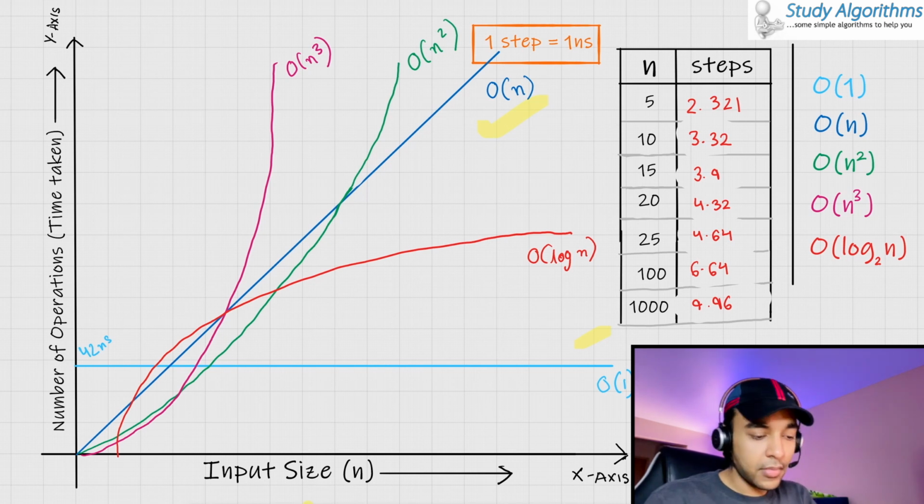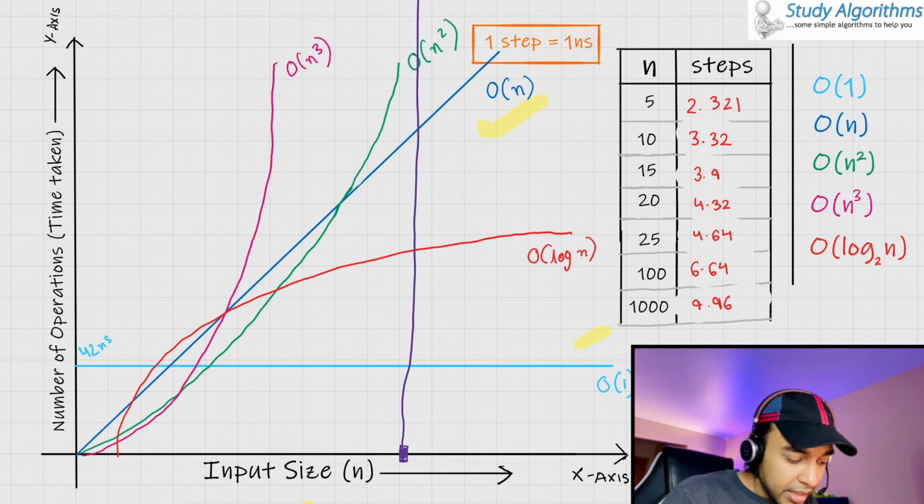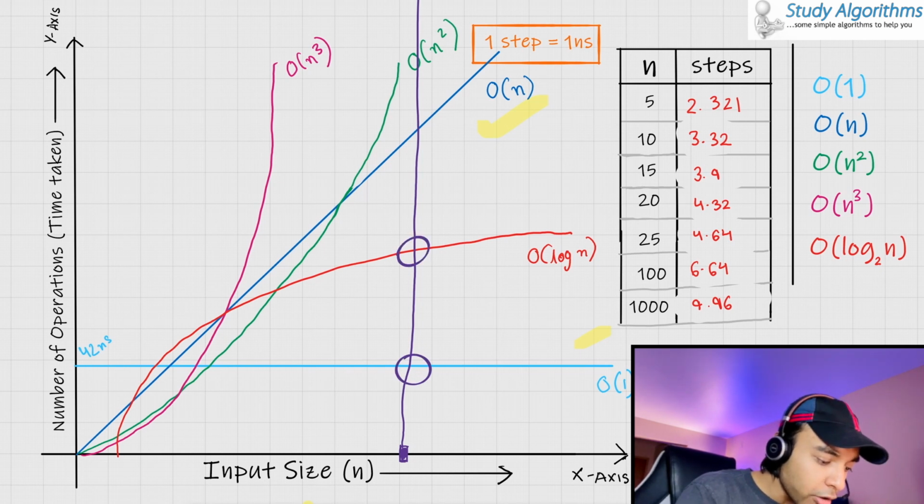order of n time. The basic idea behind this entire example is if you want to determine any other time complexity and you want to see which algorithm would perform better, you can plot out values like this and see for yourself which algorithm is actually performing better. Suppose you want to determine the time taken by a certain algorithm at this point of time. So you just point it out and draw a vertical line from over here. Then you can know that order of 1 is taking this time, order of log n is taking this time, order of n is taking this time, order of n square is a higher time, and order of n cube would be an even higher time.